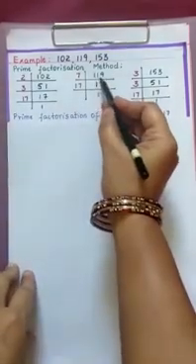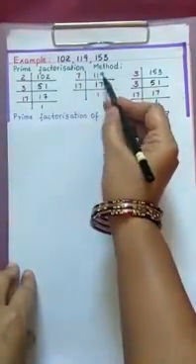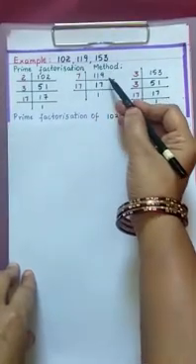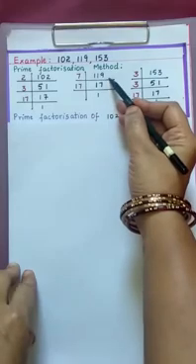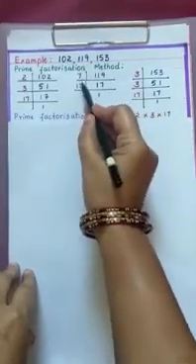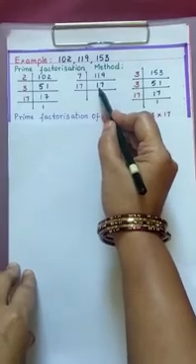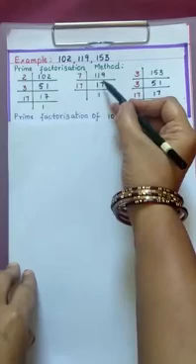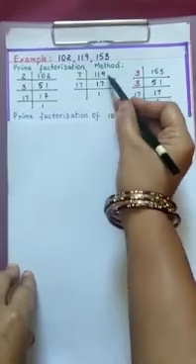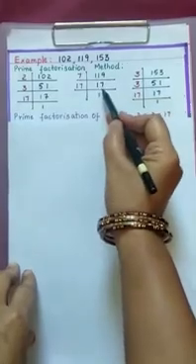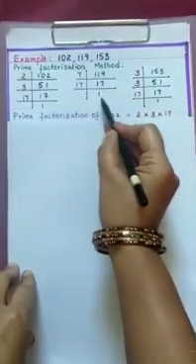Now come to the next number, 119. Here 119 is not divisible by 2, not divisible by 3, and not divisible by 5. Next it is divisible by 7. Here 7 ones are 7. 11 minus 7 is 4. 4 remainder, 9 you bring down, 7 sevens are 49. So 7 seventeens are 119. Again 17 is a prime number which is divided by itself.